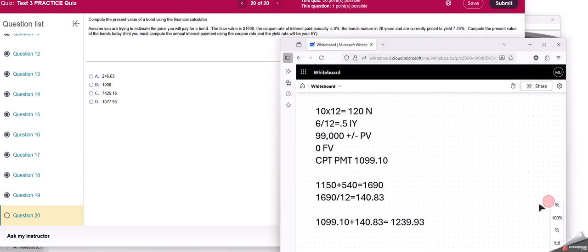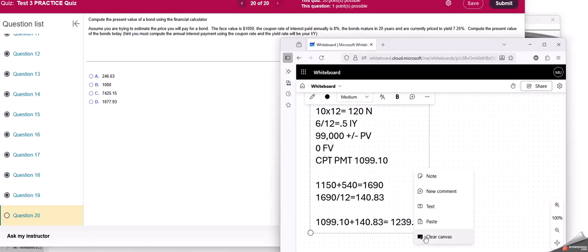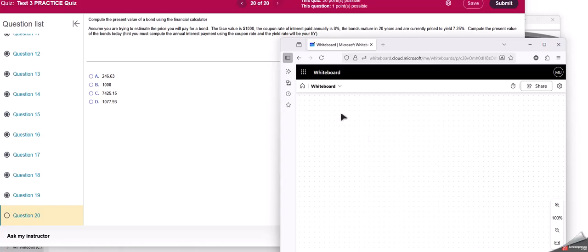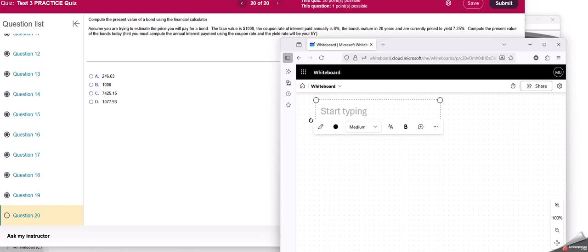And then our last question is the bond. And we're going to use our time value money keys for that. So assume you're trying to estimate the price you'll pay for the bond. The face value is $1,000. The coupon rate of interest is 8%. The bonds mature in 20 years and are currently priced to yield 7.25%. Compute the present value of the bonds. So hint, you must compute the annual interest payment using the coupon rate, and the yield rate will be your